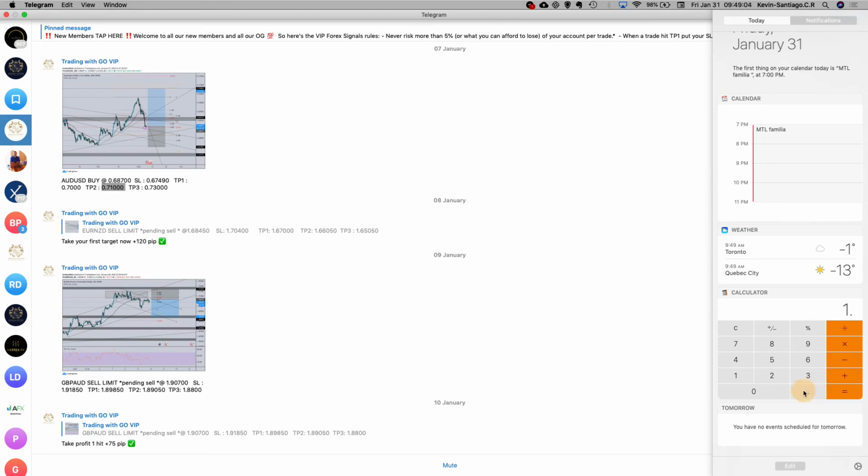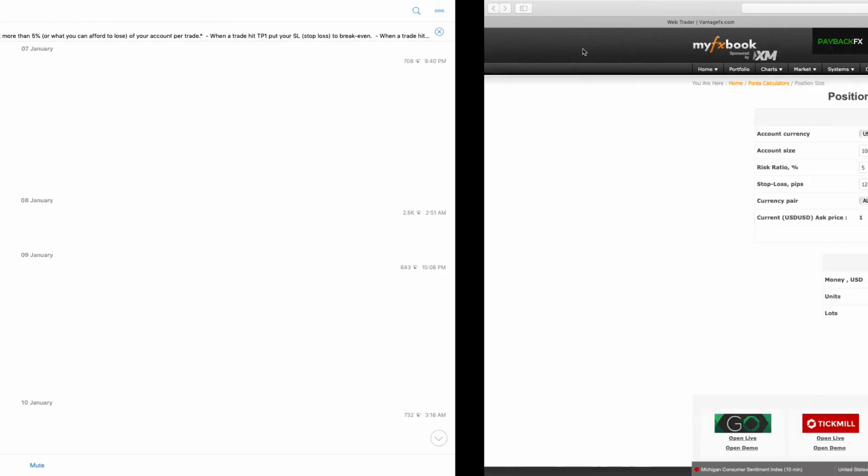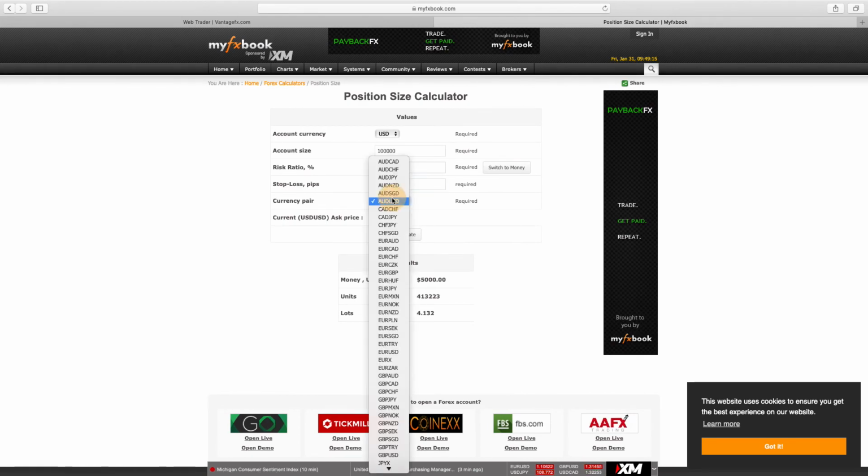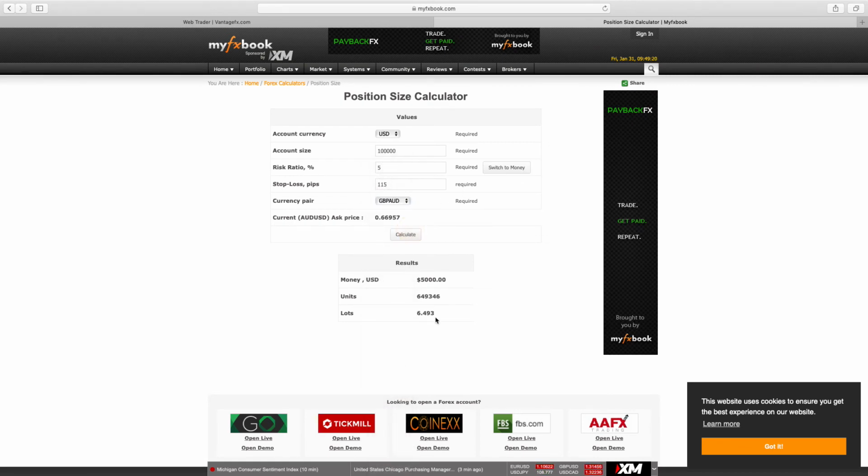minus 1.9185. That's 115 pips at risk, 115 pips, and that's on GBP/AUD. So $5,000 represents 5% of this amount, and if I open one position with 6.49 a lot, it represents 5%. So if I want to, of course,